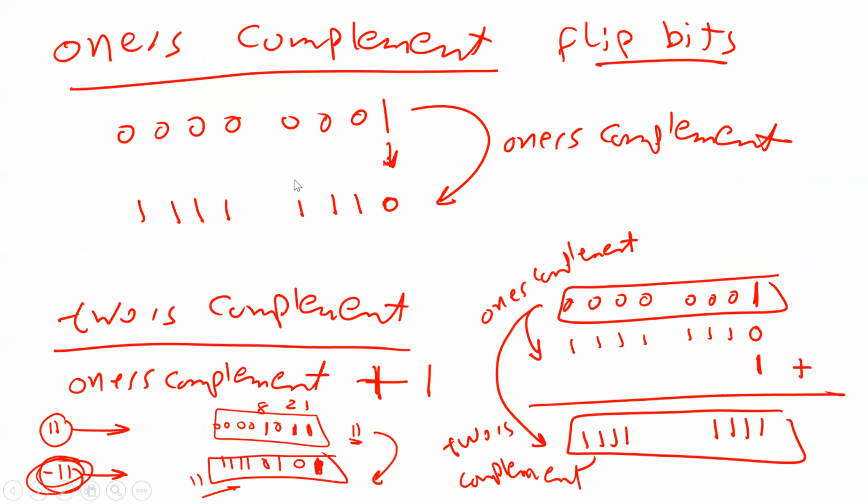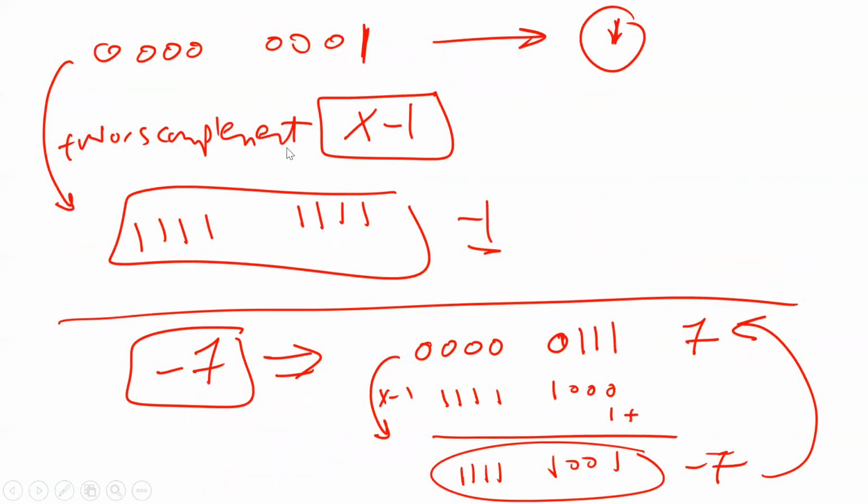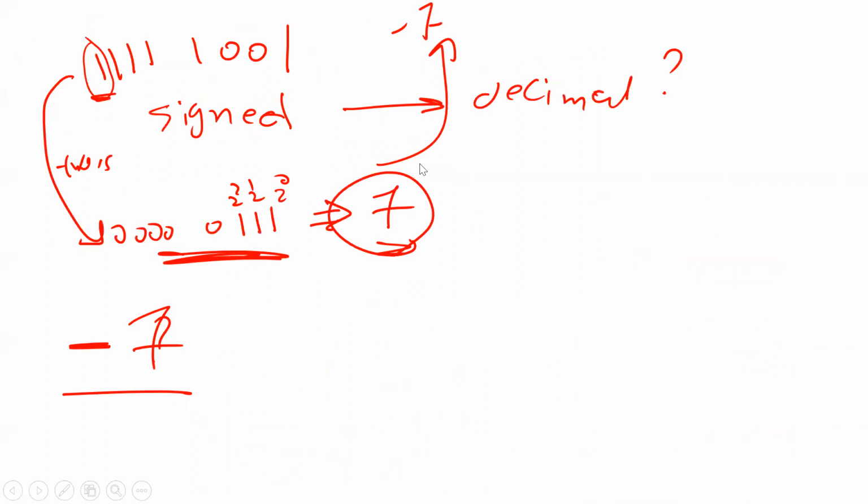Anyway, I just want to finish this part. I'm not going to teach you anything new. When I take a break and continue, you should understand this so it is very clear in the coming quiz. If I give you a number and ask you to calculate the one's complement of the number, it's very easy, I already explained. Also, I can give you a number and ask you to calculate the two's complement. This is number 7, minus 7 and so on.